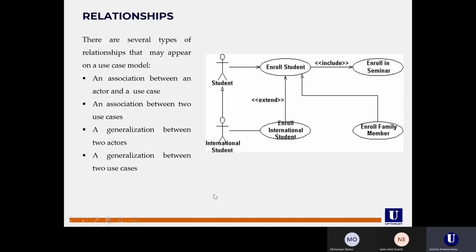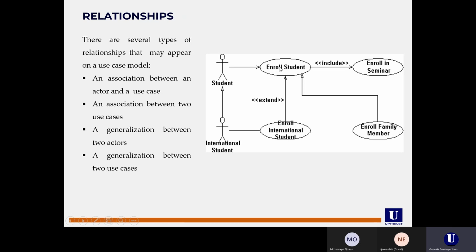So now let me go to this diagram I have here to use to explain to you, because I wanted to explain all of these so that when I'm explaining this diagram, it will be easier for you. Now, remember I said we have a relationship between the use case and the actors, which is this. Now we have a relationship between two use cases, which is